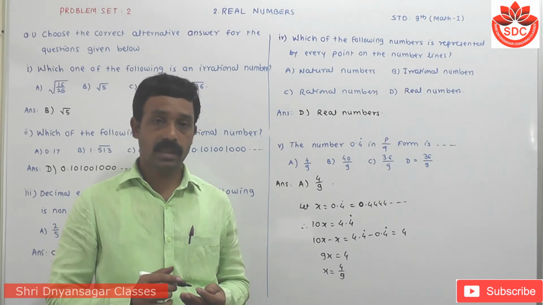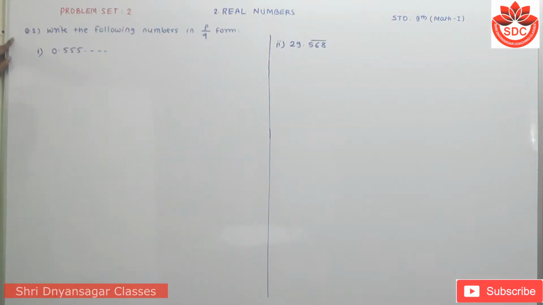Then we take question two. Write the following numbers in p upon q form. The first one is